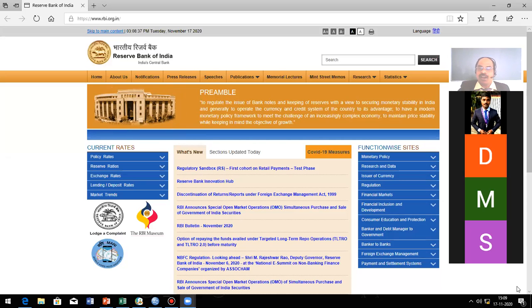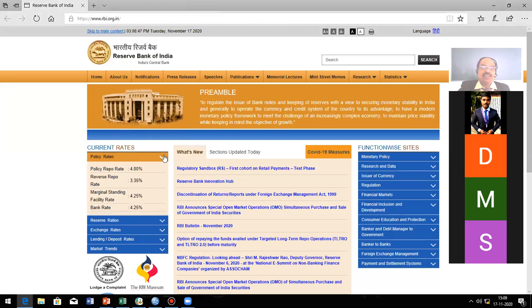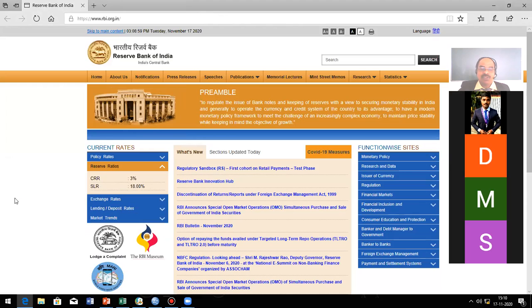This is the RBI website. See that one. You can go to the policy rates. If you click, you will see the policy repo rate, reverse repo rate, marginal standing facility, and bank rates. If you go to the reserve ratio, it will show clearly what is the present CRR, SLR.